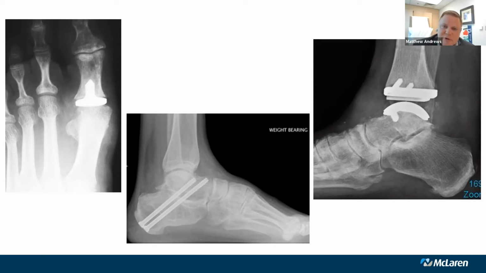This is a common procedure we do. I usually do a couple of these a month. Oftentimes, anybody who's a good candidate for this may also be a good candidate for fusion of the big toe joint, but we like to maintain motion wherever possible. And then fusion also has a pretty significant downtime associated with it, typically a couple of weeks in a cast. Fusion's a great procedure, and it is a definitive procedure, but oftentimes these more limited procedures have better results and a much faster return to activity.